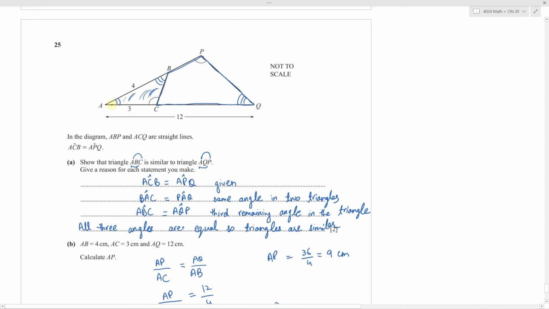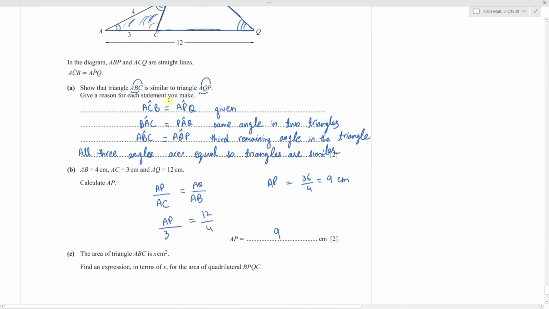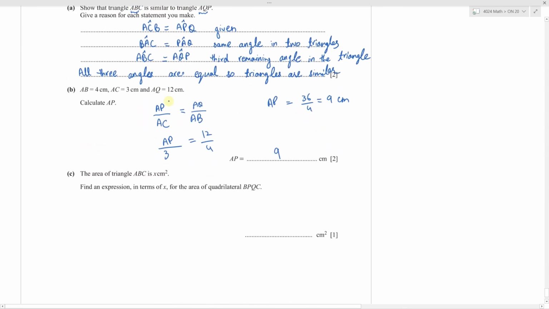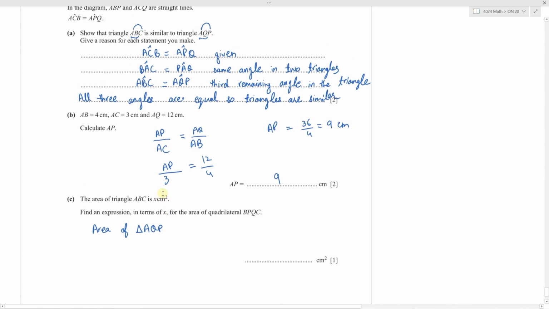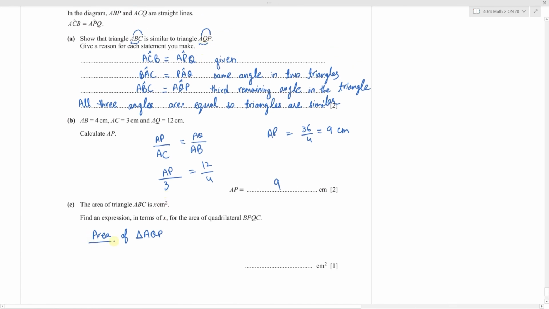Since the two triangles AQP and ABC are similar, I know that if I take the square of the ratio of their corresponding sides, I can calculate the ratio of their areas. So let's say area of triangle AQP divided by area of triangle ABC will be equal to, let's see, we can take this ratio